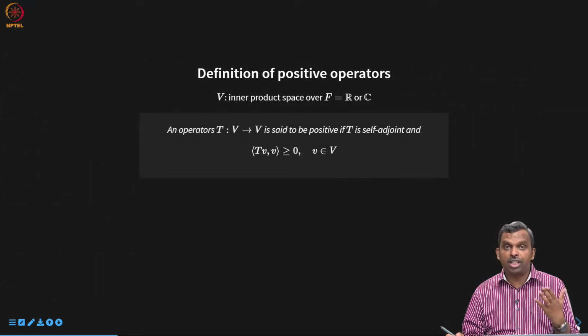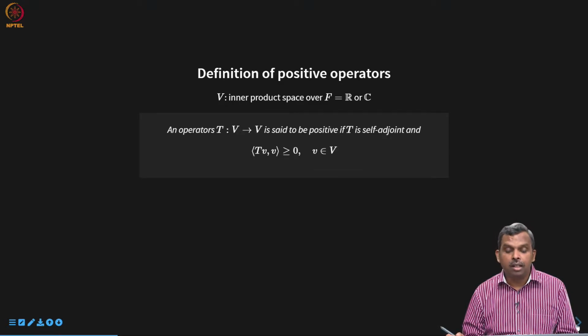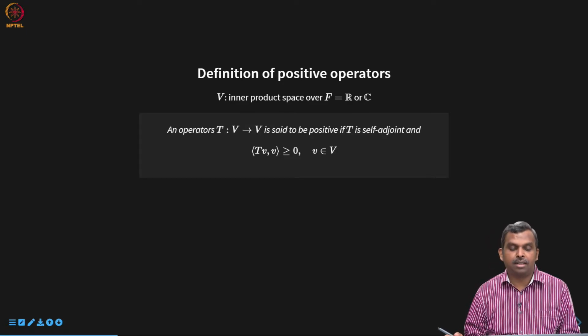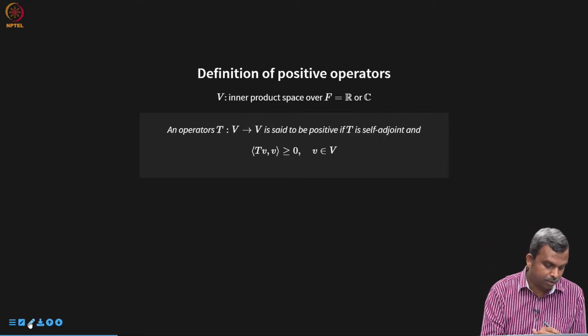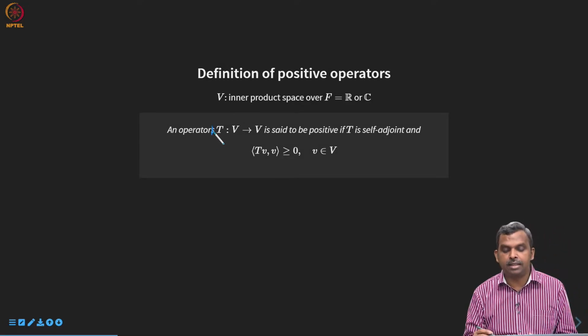Okay, so here's the definition. It's actually a very simple and interesting definition. We have an inner product space and an operator T. An operator T is said to be positive